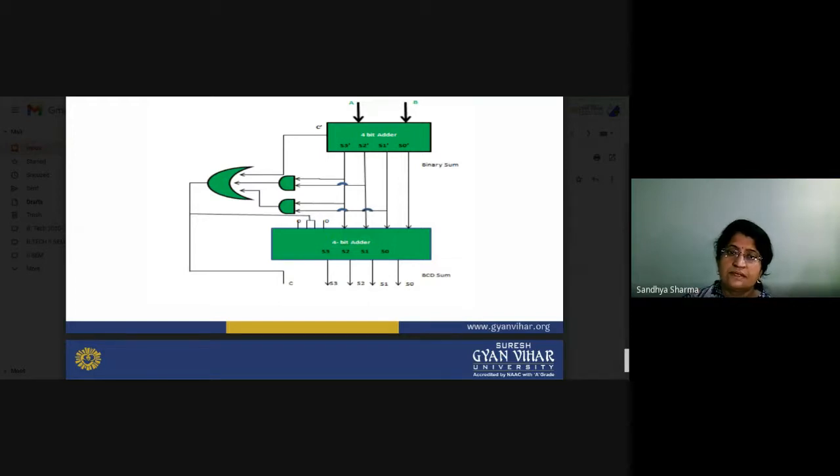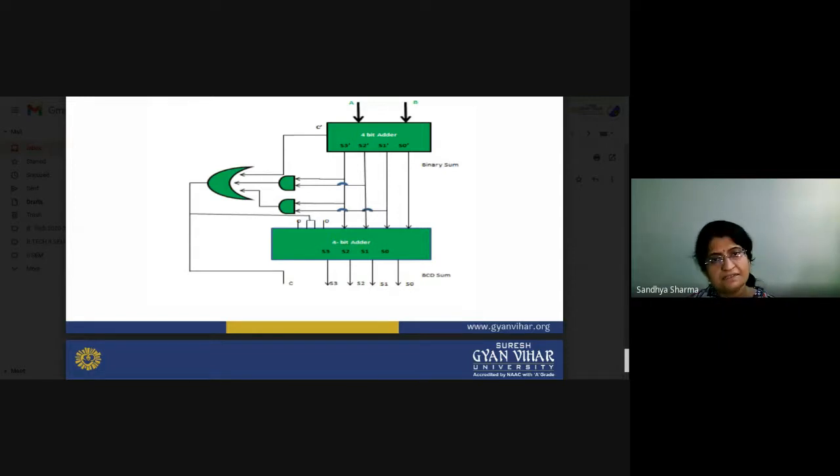Now we will move to the magnitude comparator. There is the 1-bit comparator, 2-bit comparator, and 4-bit comparator, and you have to take a particular decision according to your system. That is basically a comparator which will tell you which number is greater than the other number. This is a complicated process, but it can be very easily handled by K-map technology also. So these are very compact devices which can be used in this pattern.